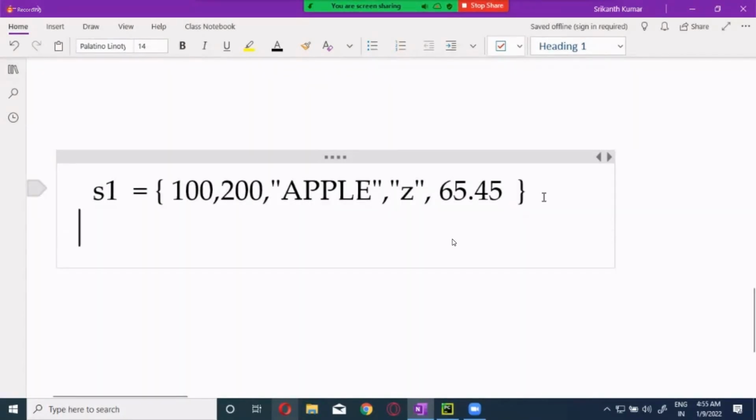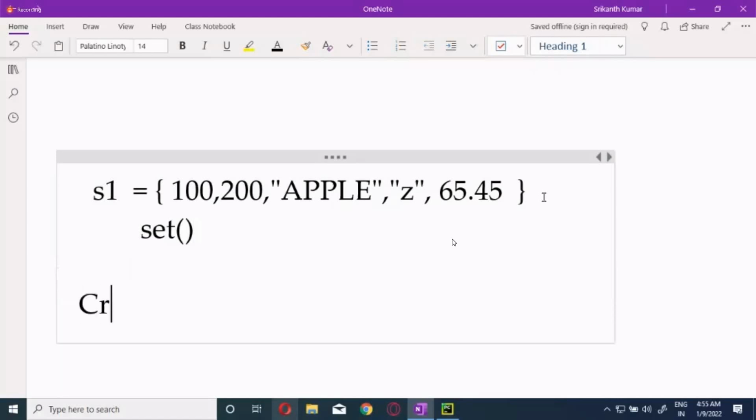If you want to convert anything into a set, there is a function called the set function. Just as we have list and tuple functions to convert anything into a list or tuple, in the same way, if you want to convert anything into a set, we have the set function. How to create an empty set? Now, how to create a set? One is manually entering, guys.